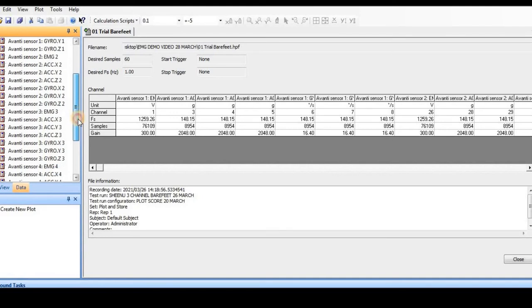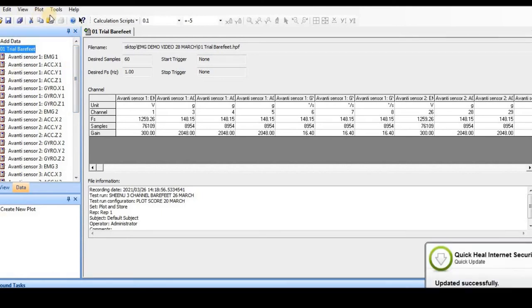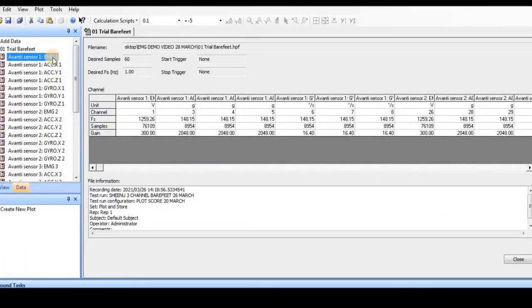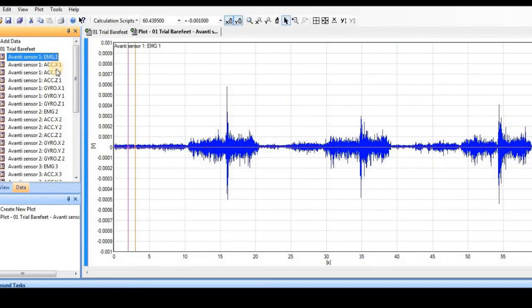So for all 4 channels, it has acquired some data. As I said, we will be doing the EMG analysis. Sensor number 1 was placed on the Soleus, so whatever analysis we are going to do is applicable to the sensor placed on Soleus. So I am selecting the EMG data series, and that is plotted in front of you. This is for the Soleus sensor 1.